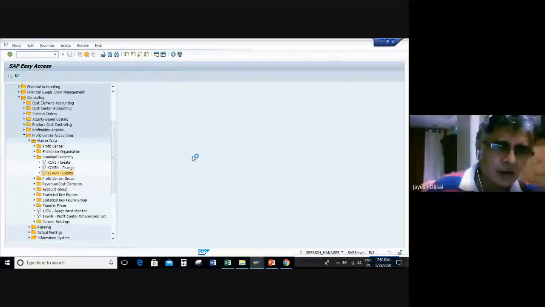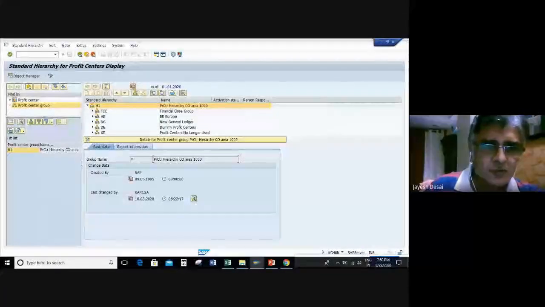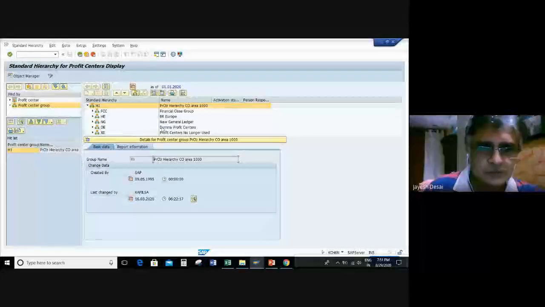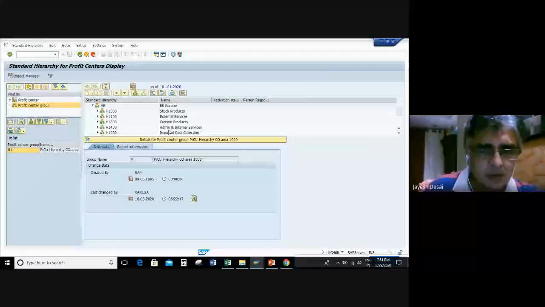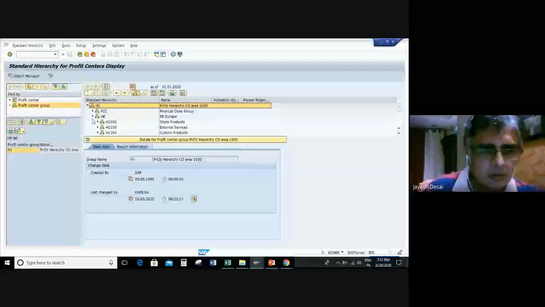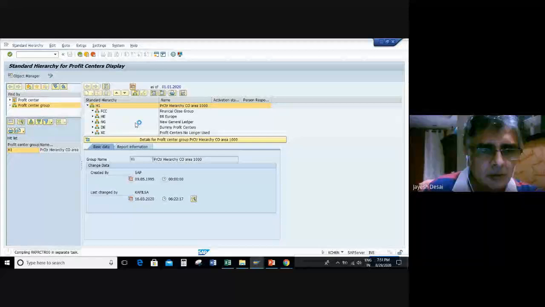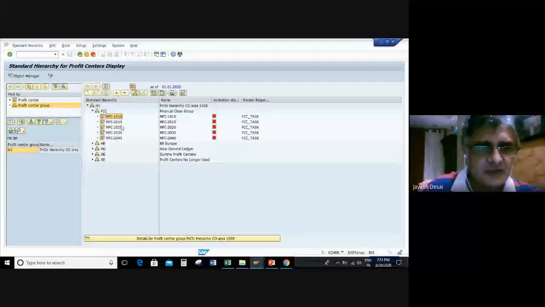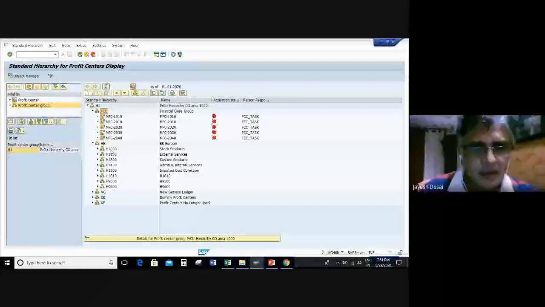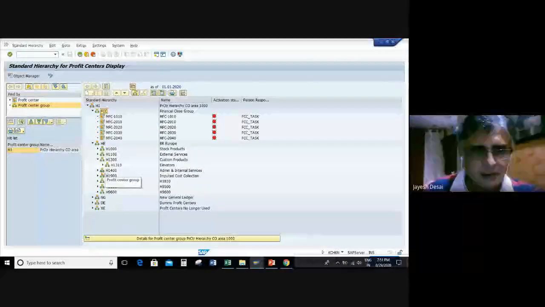Let me just show you the hierarchy that will help you understand how this will look. Here they have created different profit centers, and they have grouped them into a hierarchy.